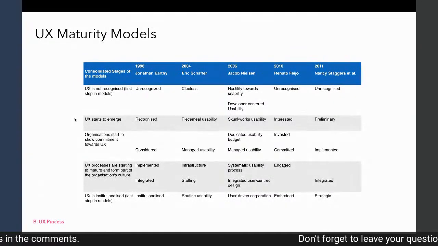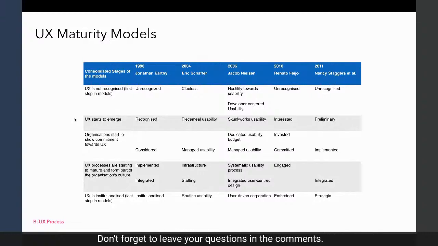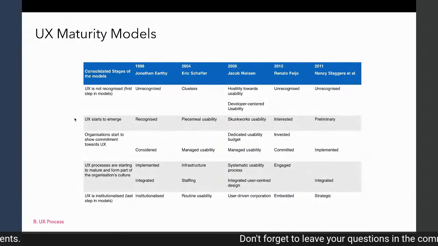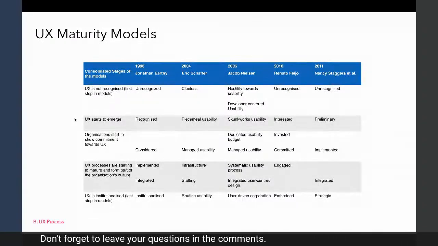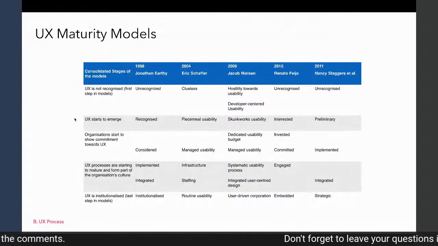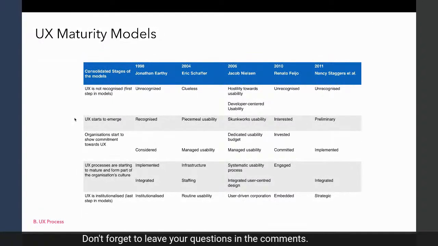So what we want is, if in your organization UX is not yet recognized, then you are still on the first level. But if UX starts to emerge, that's the second level, and so forth and so on. The ideal, the last level, is that UX is institutionalized or already embedded in the process.